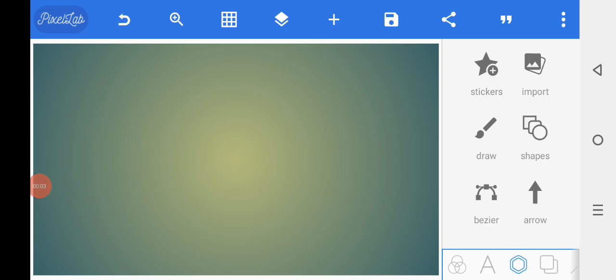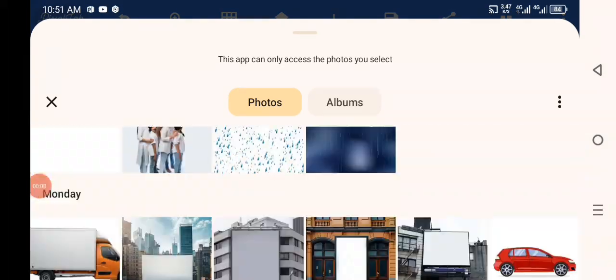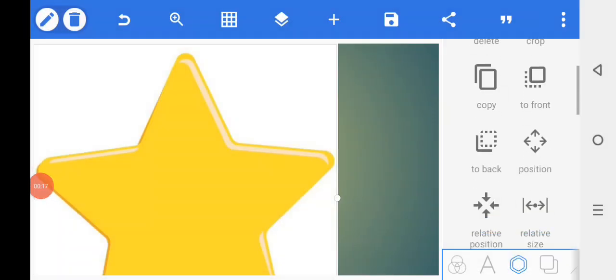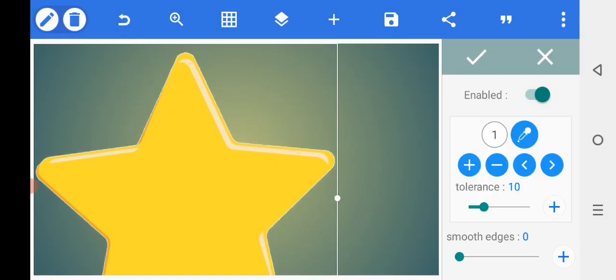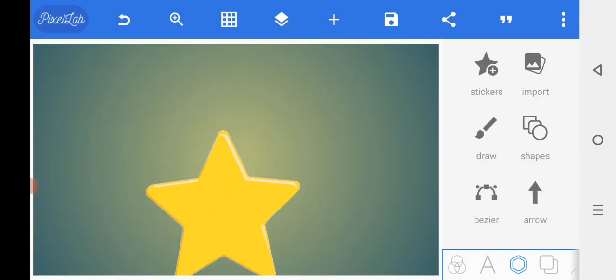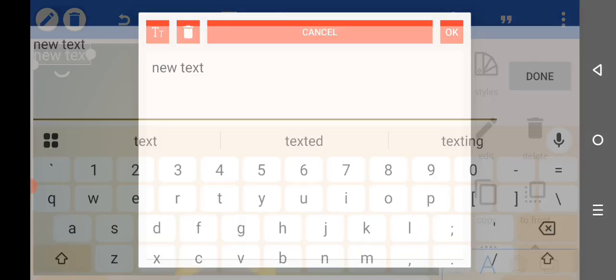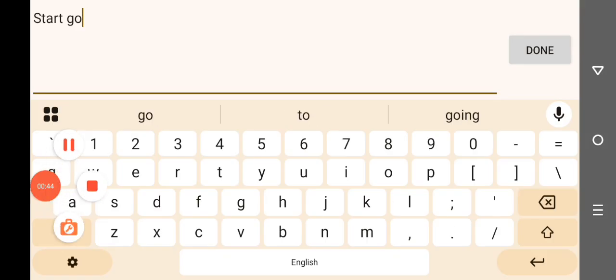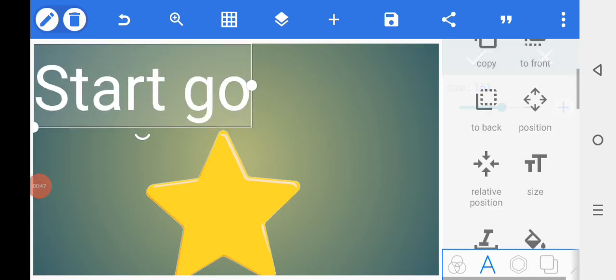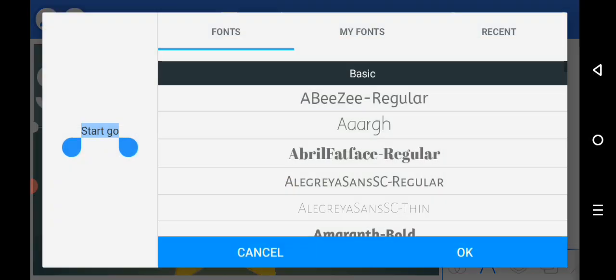Open the Pixel app, select the import button. Go to the gallery, select a picture of a star, change the background, select the orange color, enable the button down, adjust, and then select the text option, by written. Select the size, adjust the size, select the font, adjust the font,